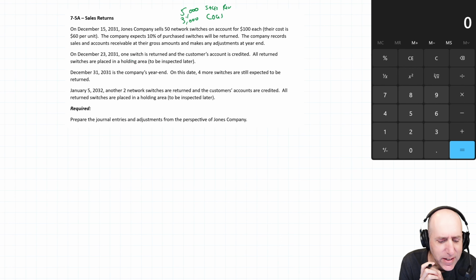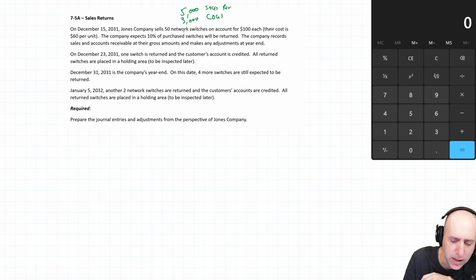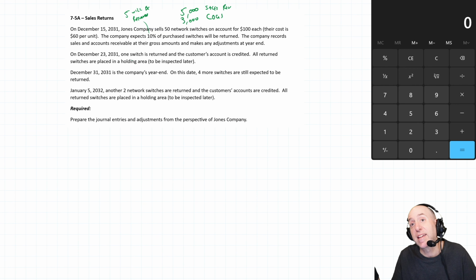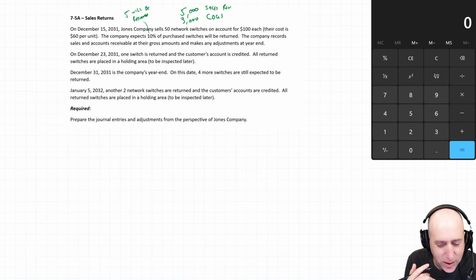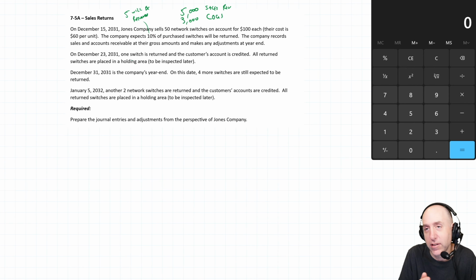The company expects 10% of the switches to be returned. So if we sell 50, we think 5 will be returned. That's our best guess. And if you sell a product, you will get pretty good at guessing, like some percent of the time, things are coming back,